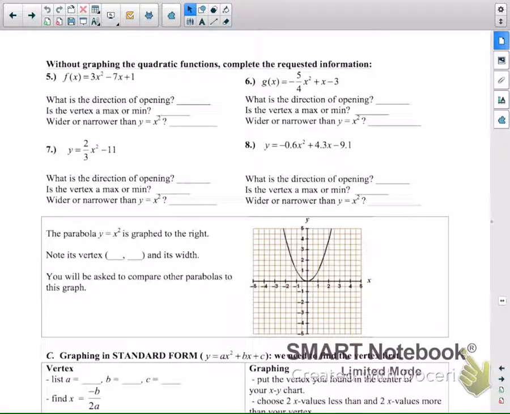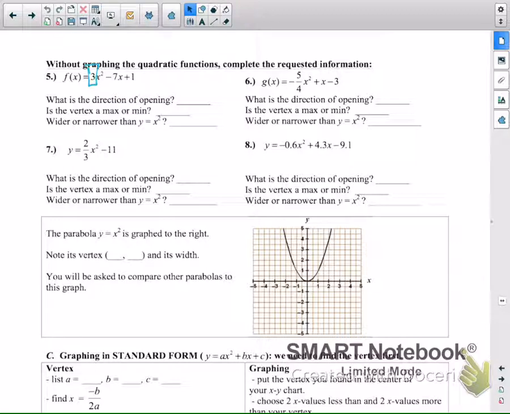At the beginning, we're just going to talk about direction of opening and whether it would be wider or narrower, maxes and mins, just kind of knowing stuff about the function from the equation. Then we're going to talk about how to graph them. I am going to skip the standard graphing and come back to it because vertex form will help us the most. So first and foremost, if I just gave you an equation, you should be able to look at this,